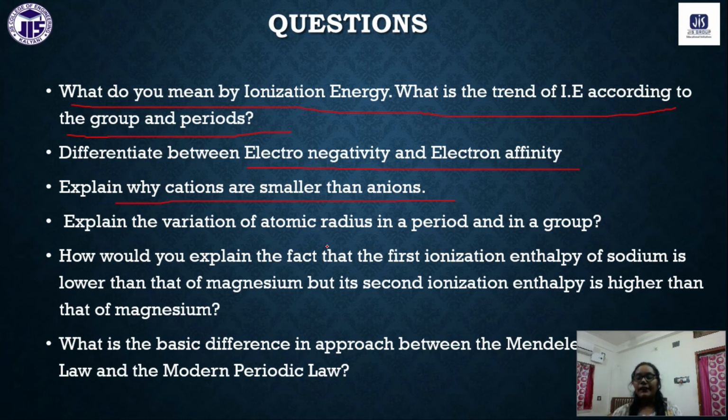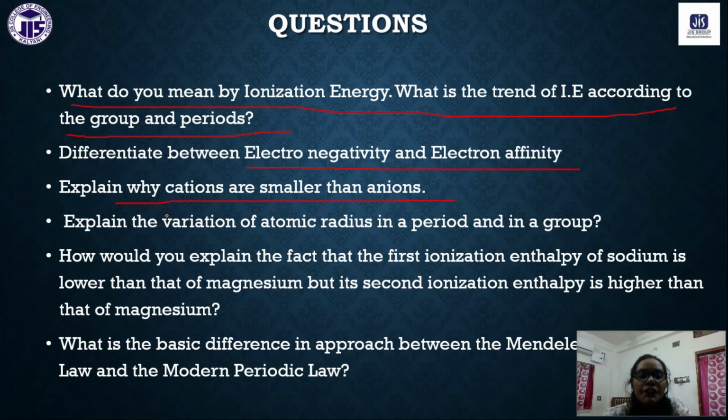Now anions. Anions means we have to add one electron at the outermost orbital. So the number of electrons increases, but not the nuclear charge or nuclear attraction force. Thus the electrons will be loosely bound. The attraction force will decrease. That is why an anion will expand, while an atom forming a cation will contract. So that is why cations are smaller than the anions.